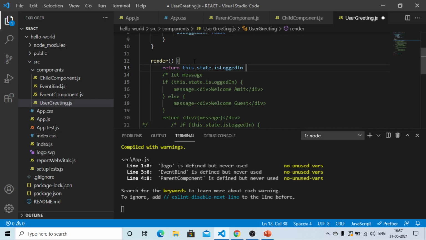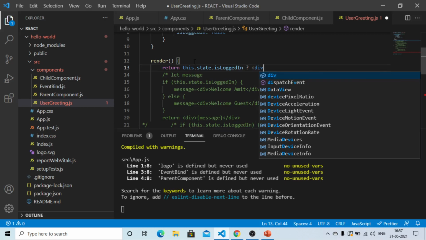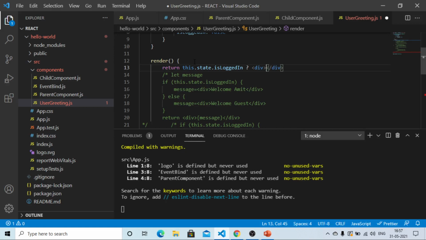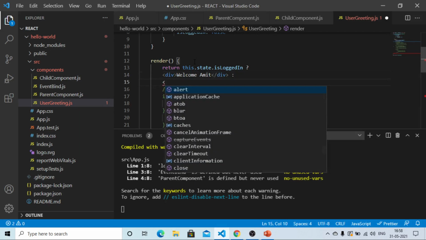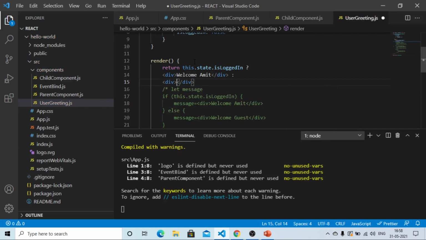So if this condition, the question mark, is true, we are going to return div welcome Amit, and then let me go to the next line, and now we'll be using colon, and we'll again be returning the div tag and welcome guest here. Now we save this file.